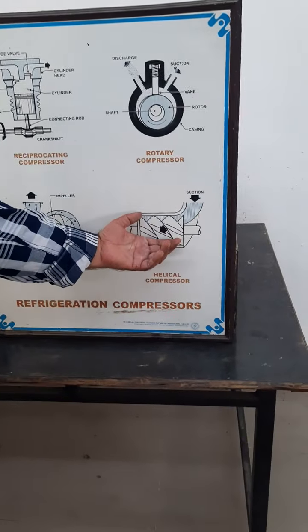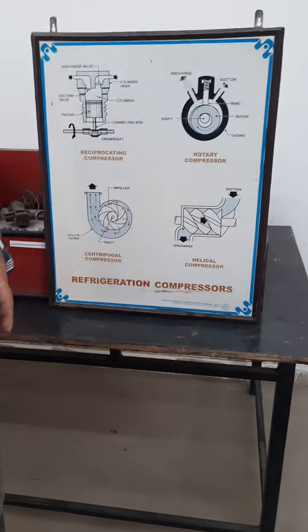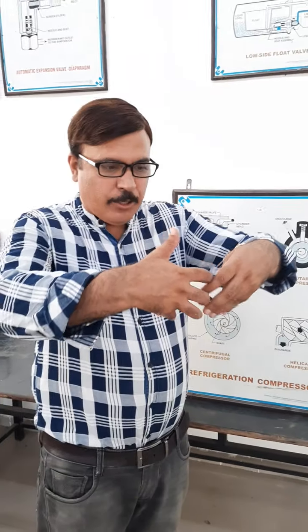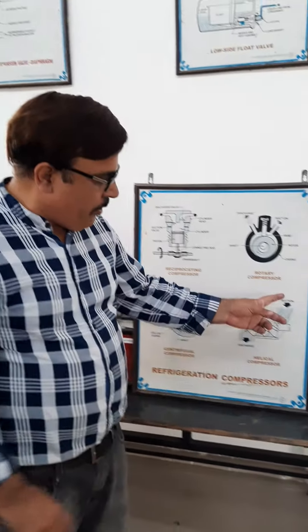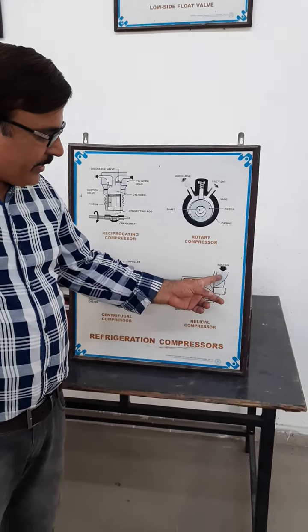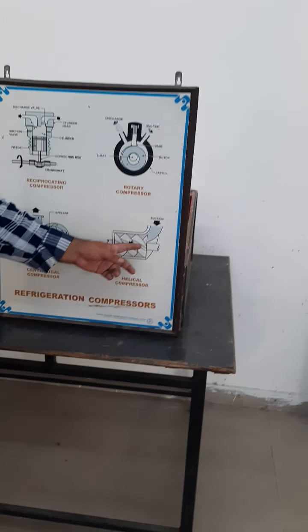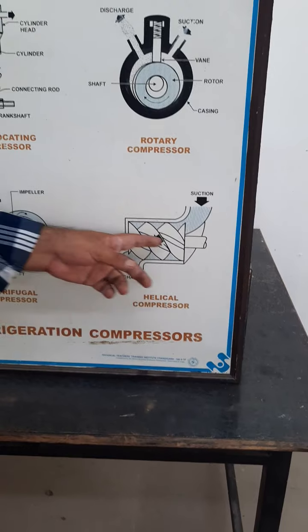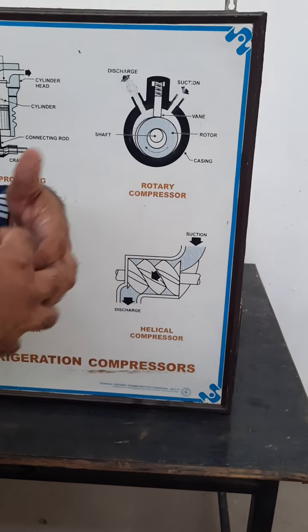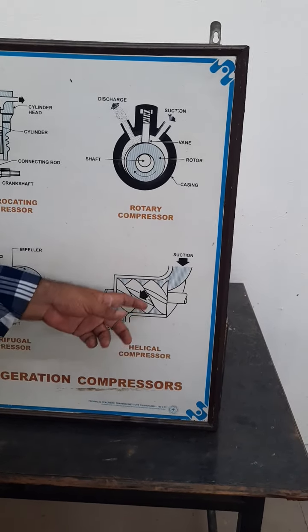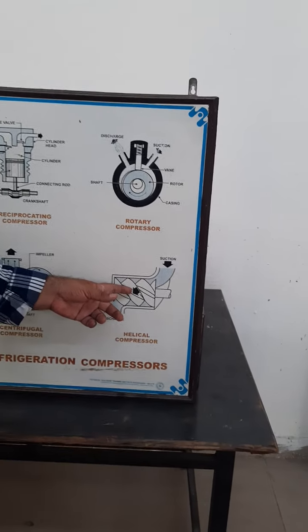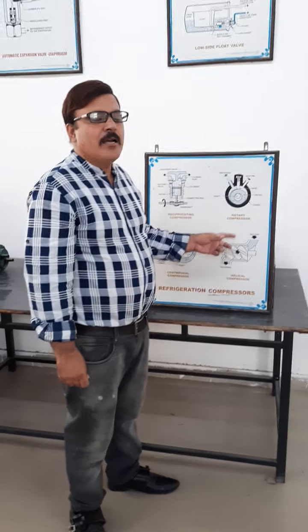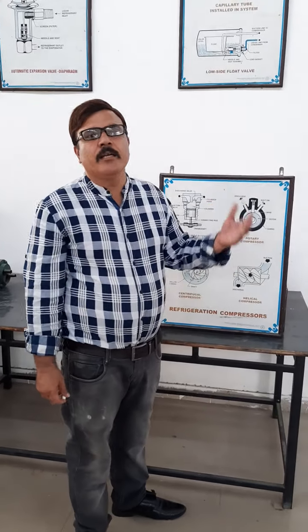screw type compressor. So the screw type compressor is also there. So look at here. There are two screws, both rotating in opposite directions, in which from one side low pressure refrigerant is coming inside. When it passes through the helical groove and is compressed in between both the male and female part, there will be an increase in pressure and temperature. So this high pressure and temperature refrigerant will be supplied to the condenser.